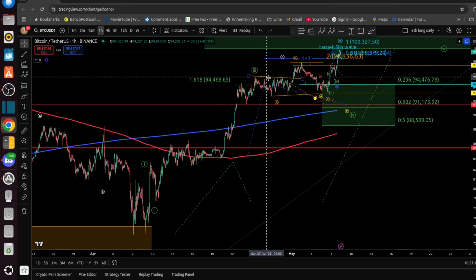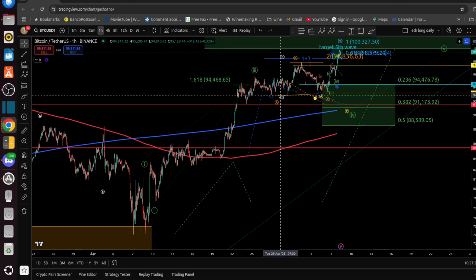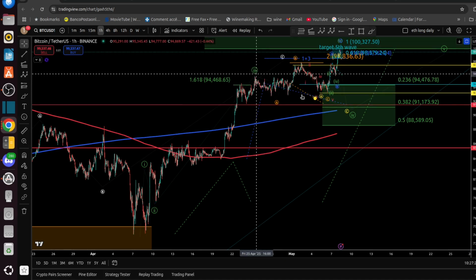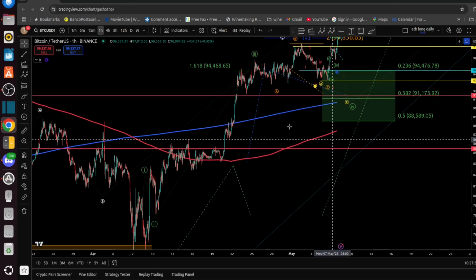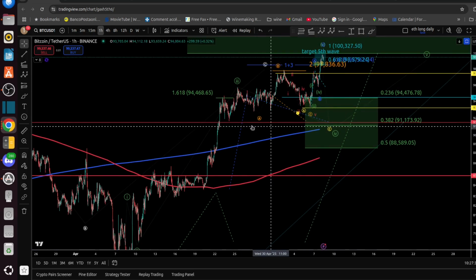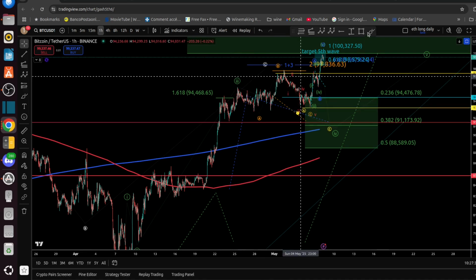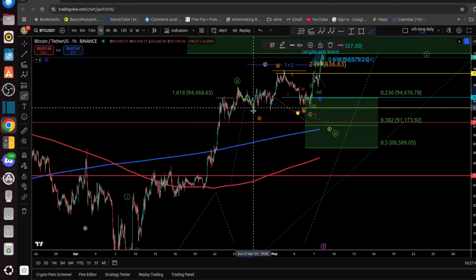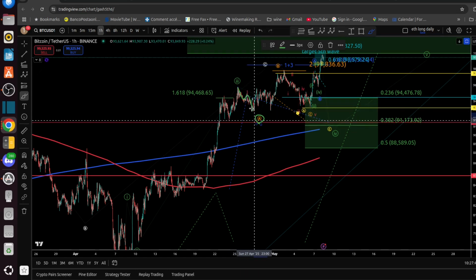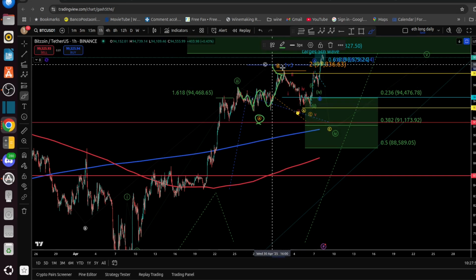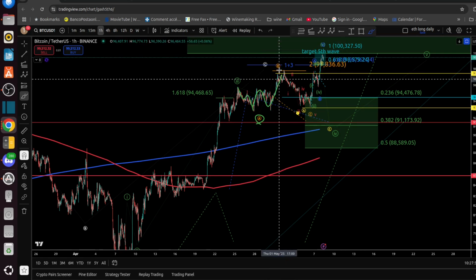Okay, so now I had this trend here, I'm going to remove it also. We're kind of doing a side consolidation for a while, but this was just the A. If I zoom in into the A, and why am I doing this? It's like, are we sure that this is the good count? I mean, up to now it's acting perfectly. So this was the A, B, C, which completed the wave A in orange. Also we have an A, a B, and a C which completed this B wave in orange.